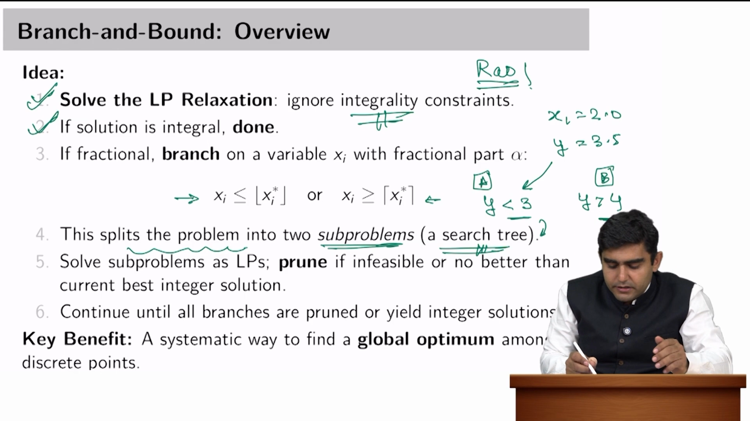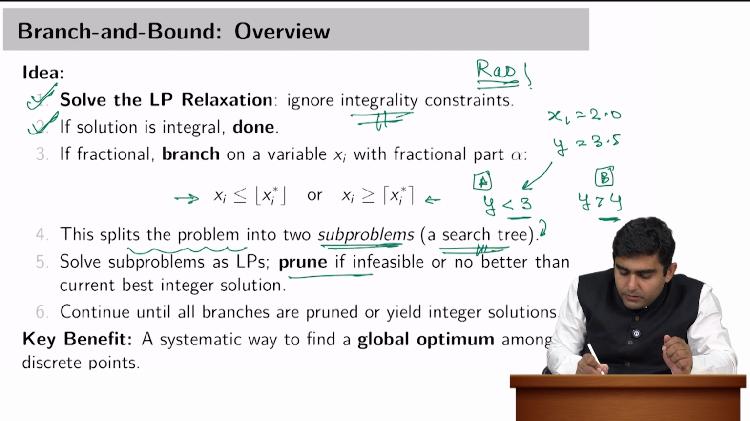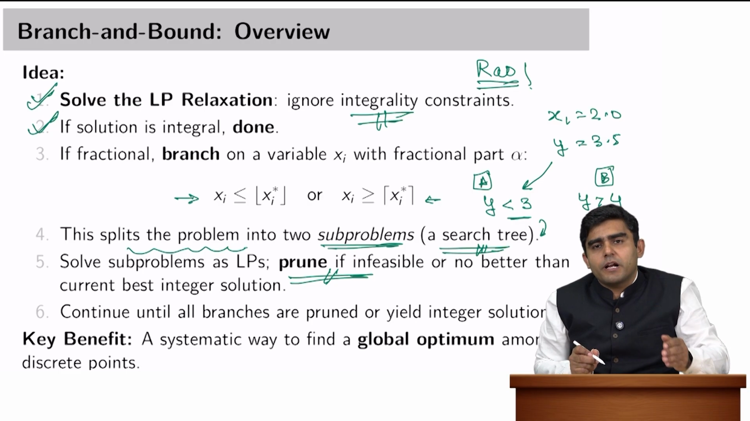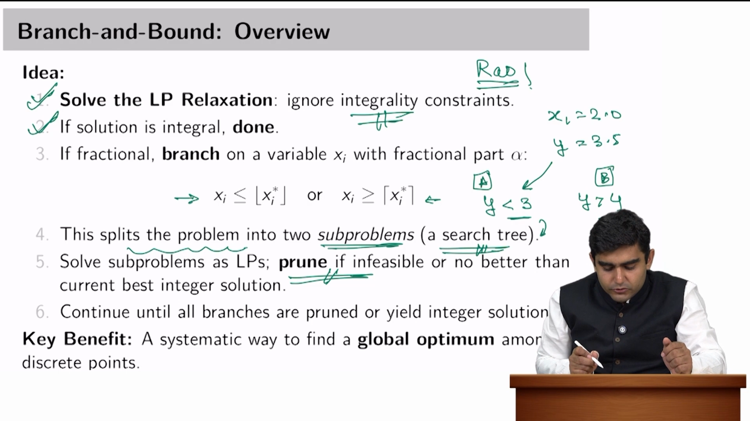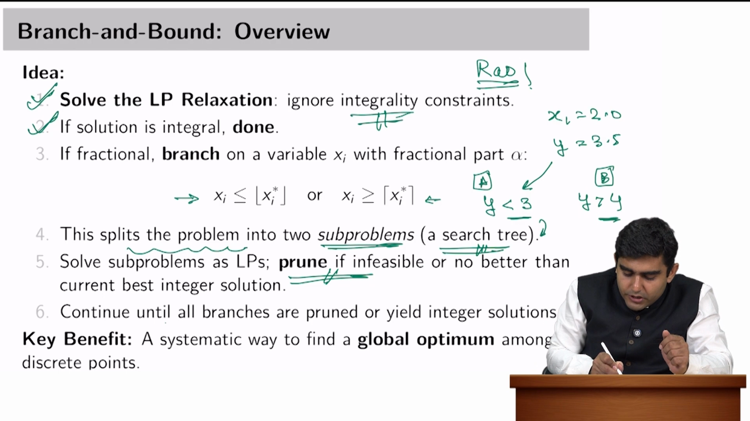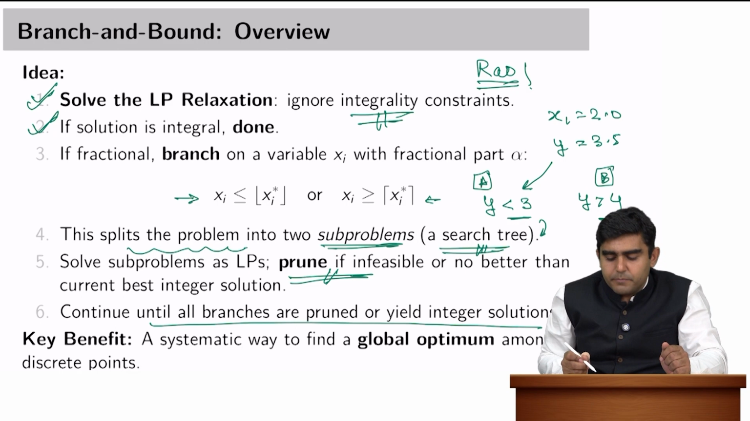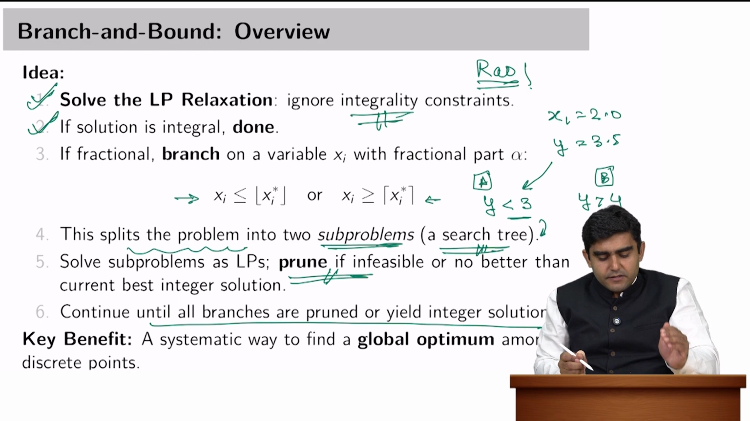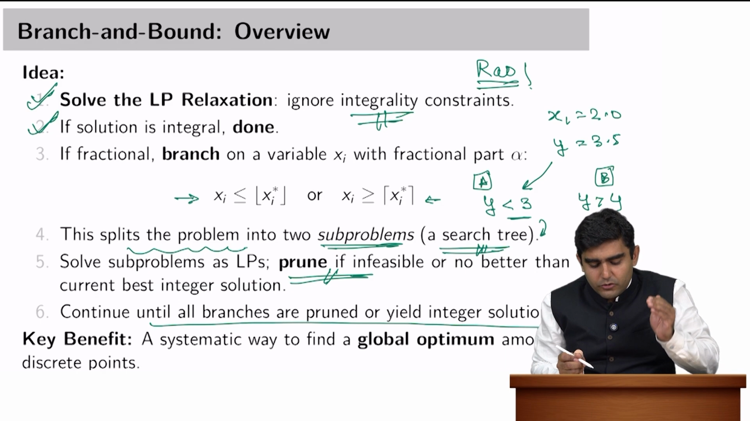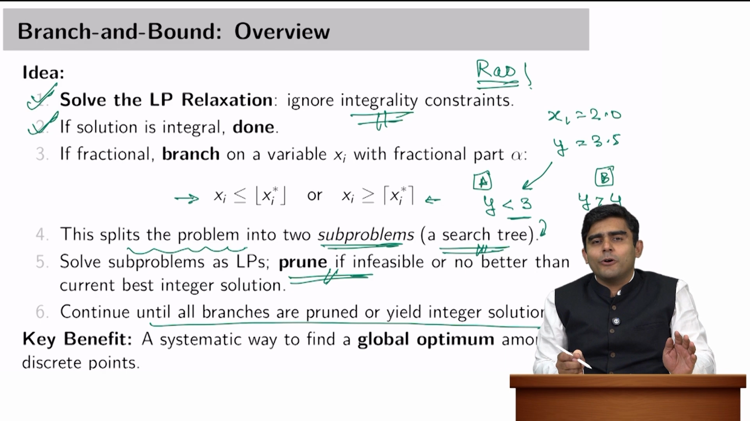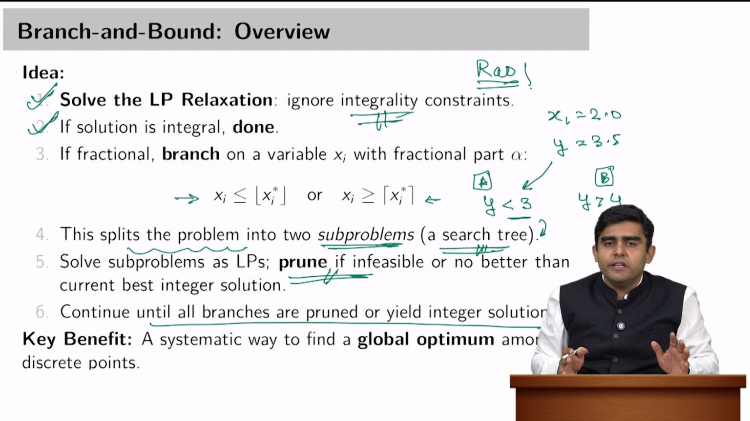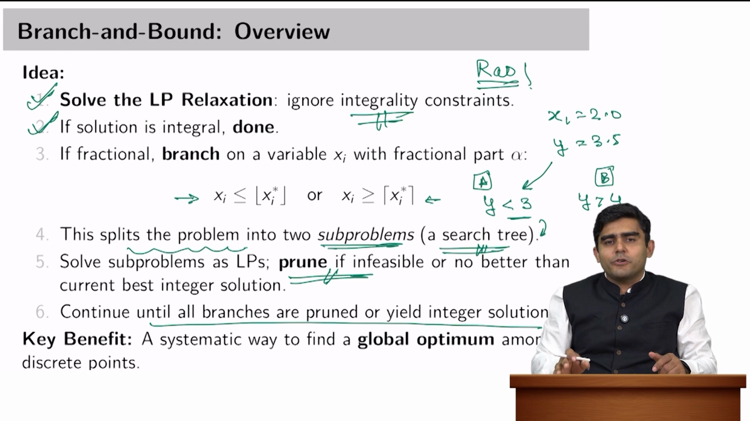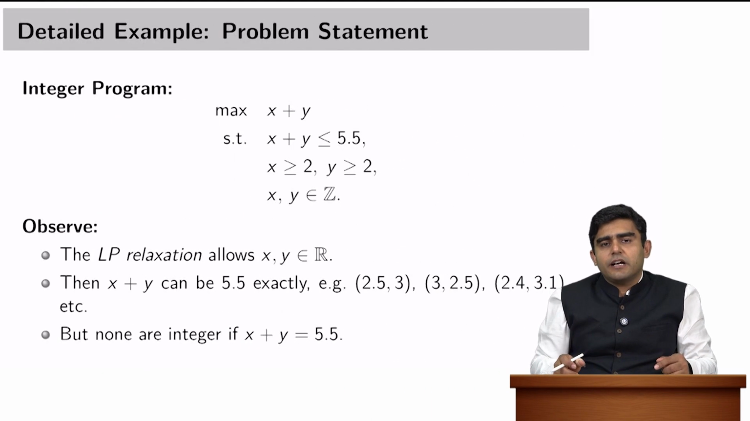Now, once we solve one particular branch, we may see that it is infeasible or less optimal than the other. We would keep on pruning or cutting those branches off from our solution, and we will continue until all branches are pruned and yield an integer solution. So this is a very systematic way to find a global optimum among discrete points rather than searching haphazardly or in hit and trial mode across all the possible integers that are at the extreme points of our polytope or